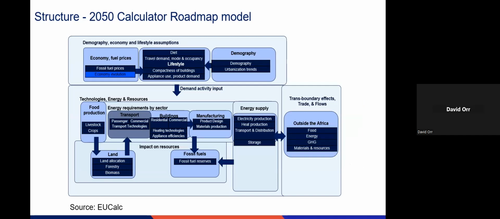So it looks at how the demography, economic, and lifestyle assumptions that are currently present in the Kenyan economy, those ones go to specify the demand input needed for the analysis of carbon emission